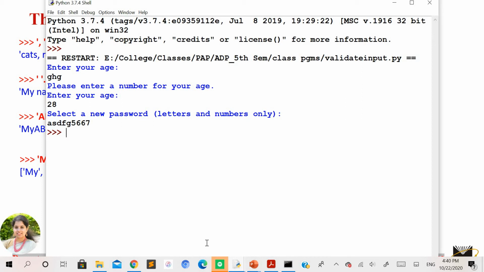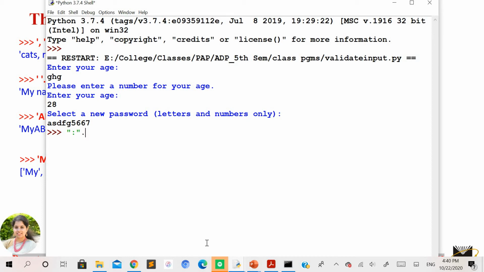I'll use a colon as the parameter for joining. The parameter that you want to use for joining needs to be included in single quotes or double quotes to make it a string.